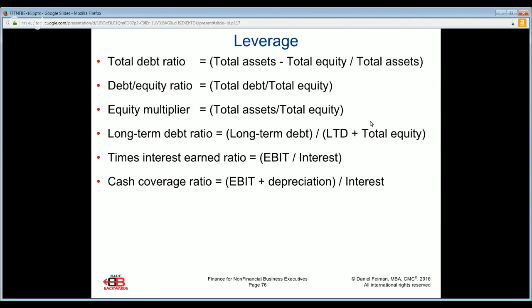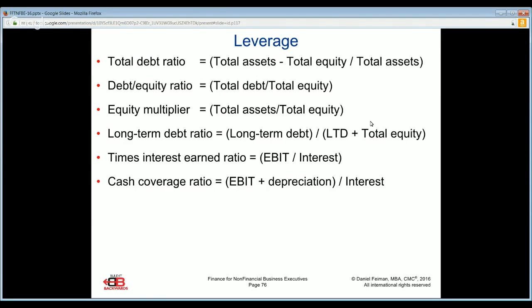That is an important metric, again, over time. Even if this ratio is increasing over time, that is not necessarily a negative. We have to look at this in proportion to the rest of the organization. If we look at our equity multiplier, which is used in the DuPont approach to looking at and calculating return on equity, it's what do we have in assets that are being financed effectively by how much owner's capital, the total equity. Over time, is this static? Is this growing? Is it declining? And why?